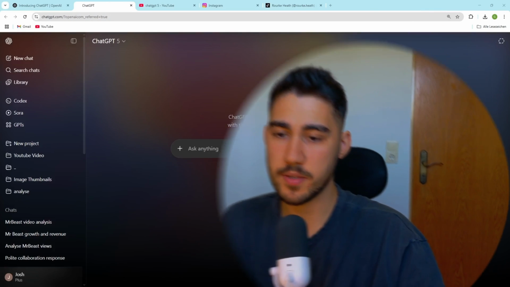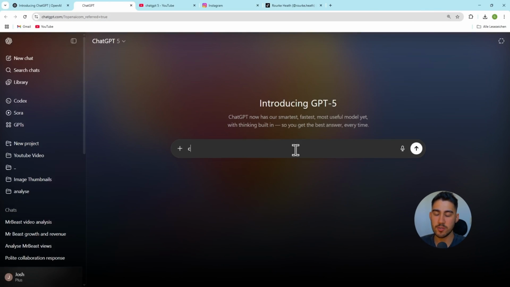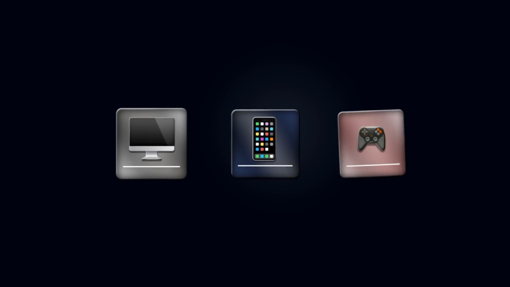Before I start showing you how to create actual content with ChatGPT 5, let's first talk about the things that changed. If you go to ChatGPT 5, you will notice that everything looks a bit different. This update combined every GPT in just one place. ChatGPT 5 is way better in coding and creating apps, games. If you want to do that, you can create websites, apps, or anything else with ChatGPT 5. For an influencer, this changed how I analyze accounts, how I analyze competitors, how I find viral video ideas and titles, and also how you can do the same thing.